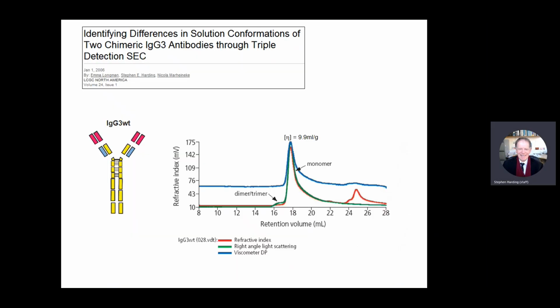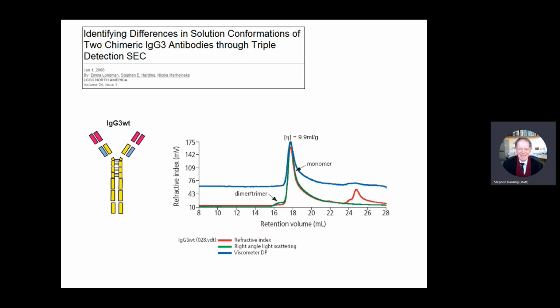And this has been used, for example, to measure the intrinsic viscosity of antibody formulations, which may have the presence of aggregates. When we do the antibody biotechnology module, you'll see what the issues are with monoclonal antibodies and the presence of dimers, trimers, and other things, which can be a nuisance in terms of